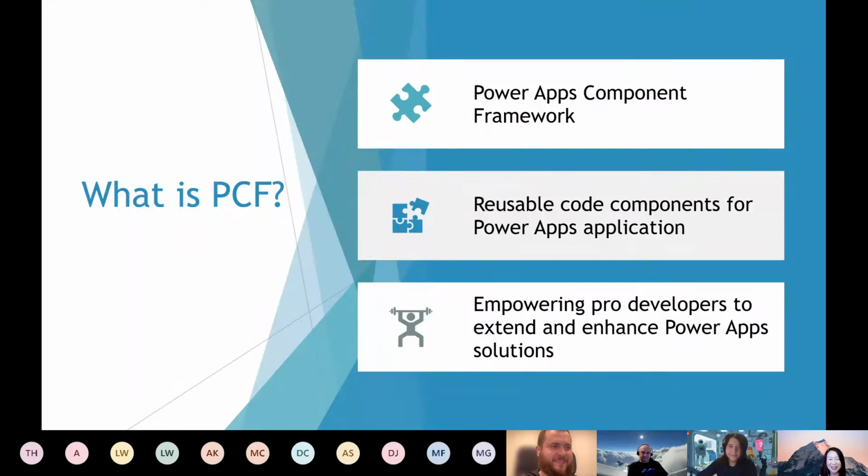Sorry, I'll just continue. As you can see from the slide, PCF stands for Power Apps Component Framework. Putting it simply, it is a framework for building custom controls for Power Apps applications.